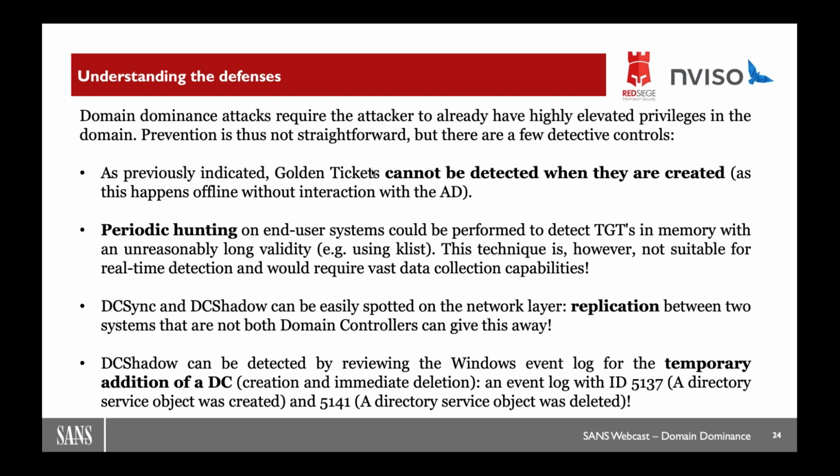So it's easy to spot if you have decent IT hygiene, if your domain controllers are nicely isolated in one network zone, and if you can actually see what's going on between your workstations, for example, and your domain controllers. DCShadow can also be detected because you can actually look for the temporary addition of a DC, which is pretty noisy, and which of course gets removed afterwards. So there's very specific event IDs for that, which look for directory service objects that are created and removed, because that's what DCShadow does. It actually promotes a workstation to a domain controller temporarily and then removes it. So that's another trick. DCShadow is pretty easy to spot.